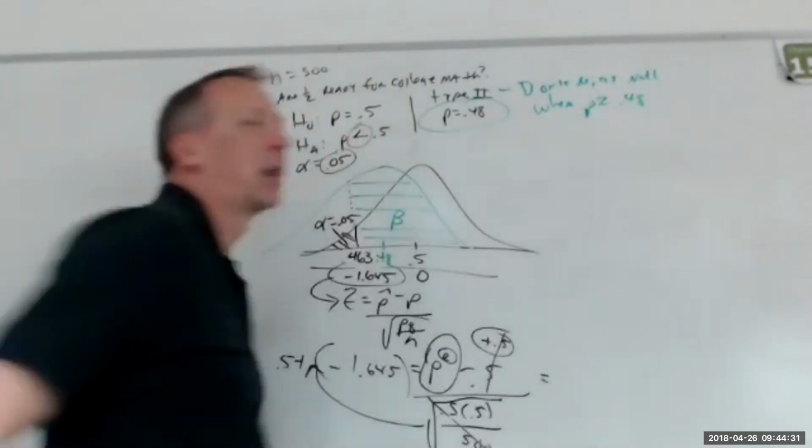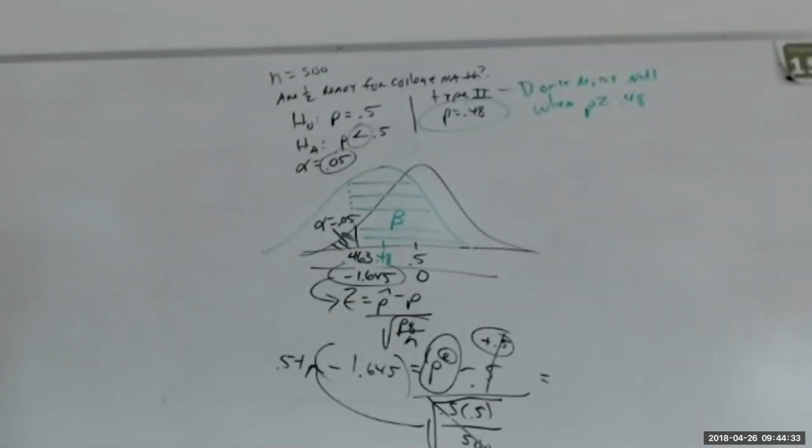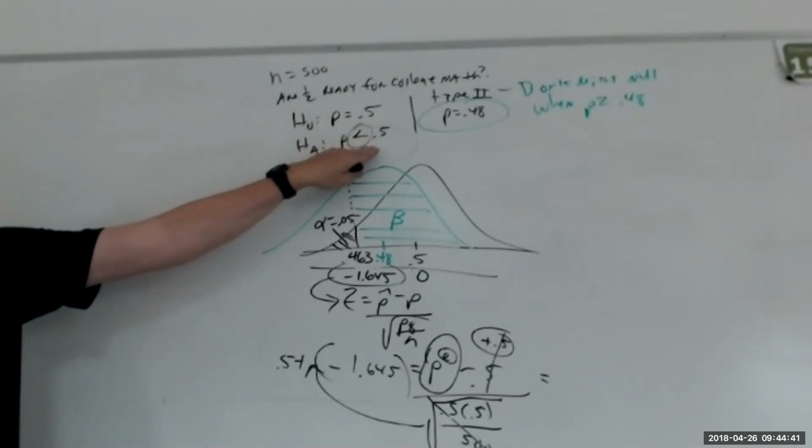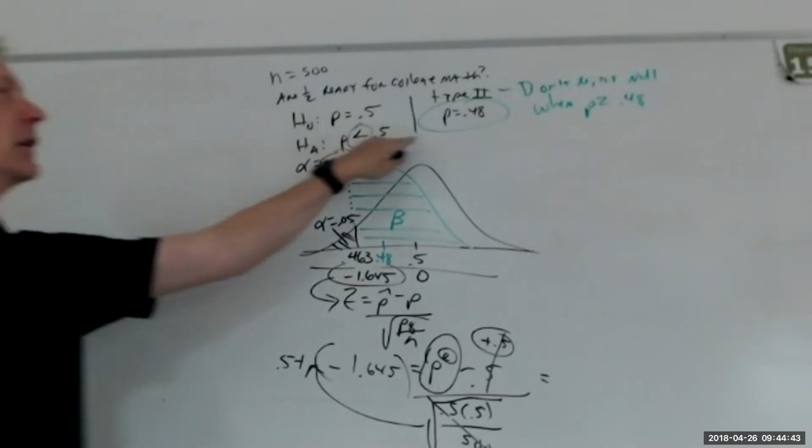So you don't reject the null when the hypothesis is true. No, the hypothesis was not true. It was less than 0.5, but